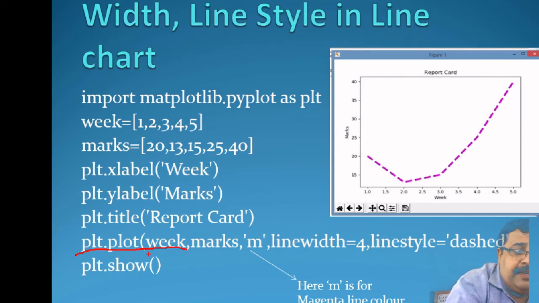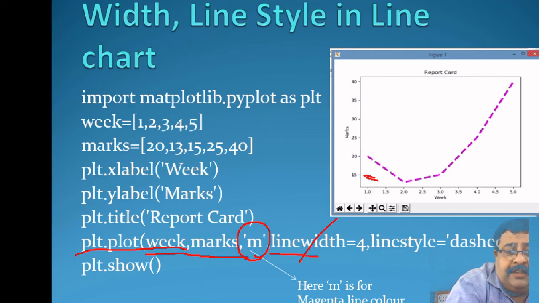Week and marks are as usual. Now you can see here one m is coming. What is the m coming for? M is coming for the color. The color m represents magenta.